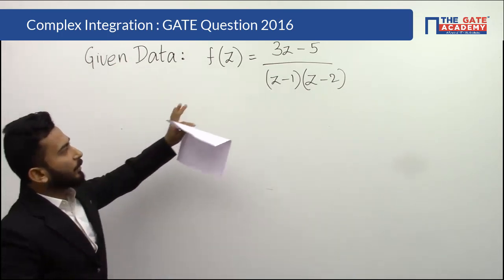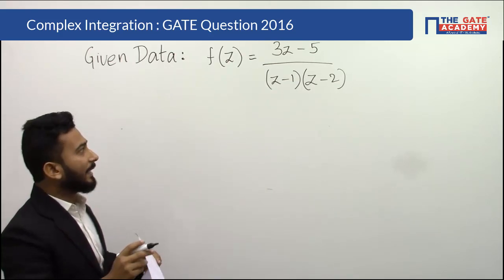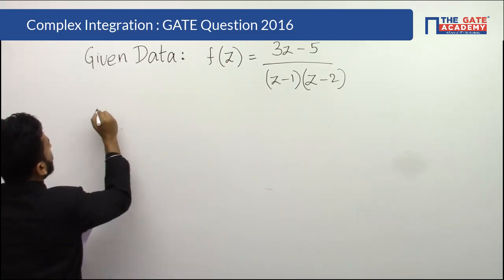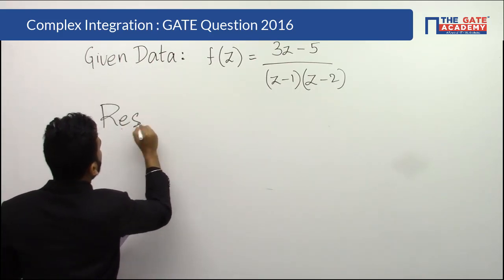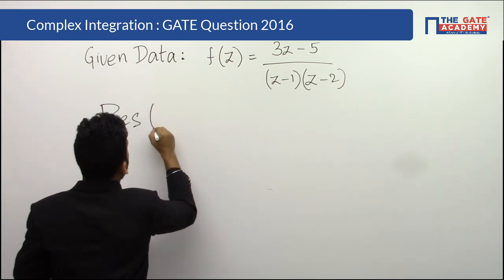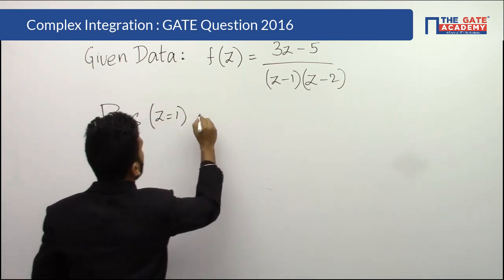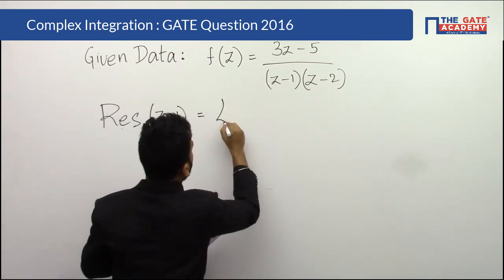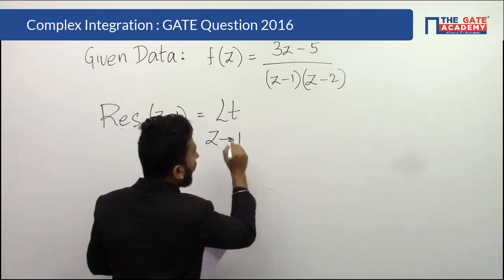So this was my function. Now calculating the residue for z is equal to 1. Residue at z is equal to 1 is equal to the limit z tending to 1,